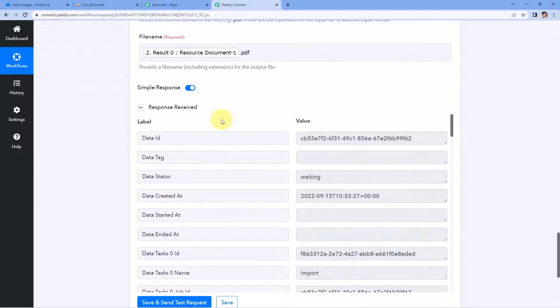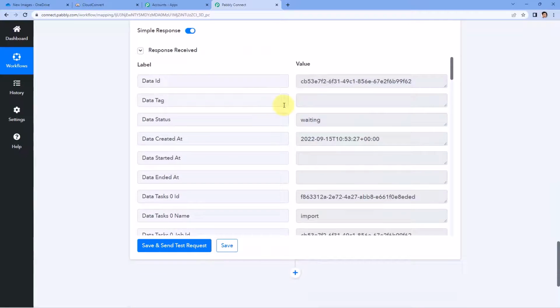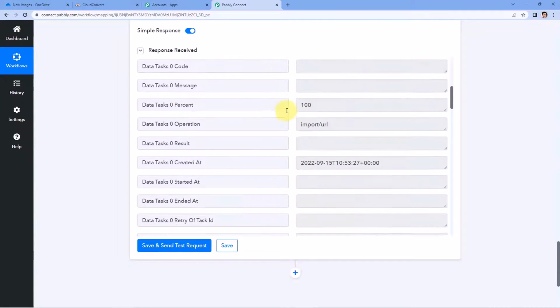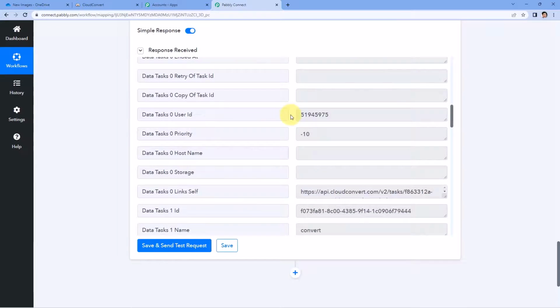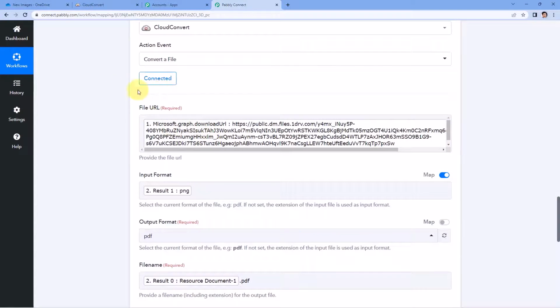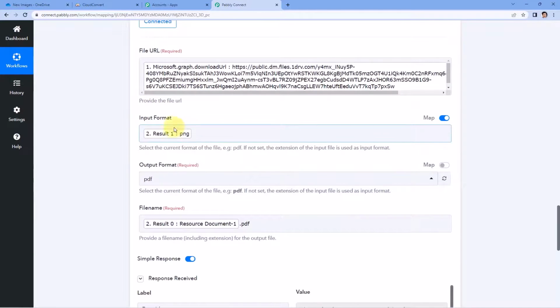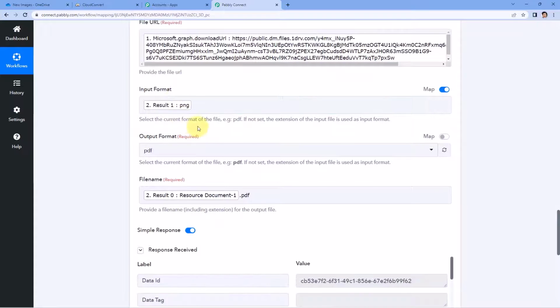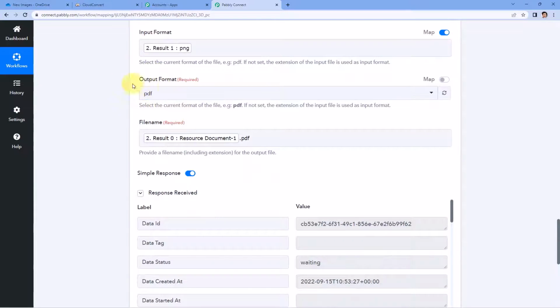Now after clicking on save and send test request, we can see that we have received some response over here. And in this response, we can see the details of the file which we have converted just now. So basically the file URL we have mapped over here was in PNG format, and using CloudConvert, we have converted this file into PDF format, and this is the name of the